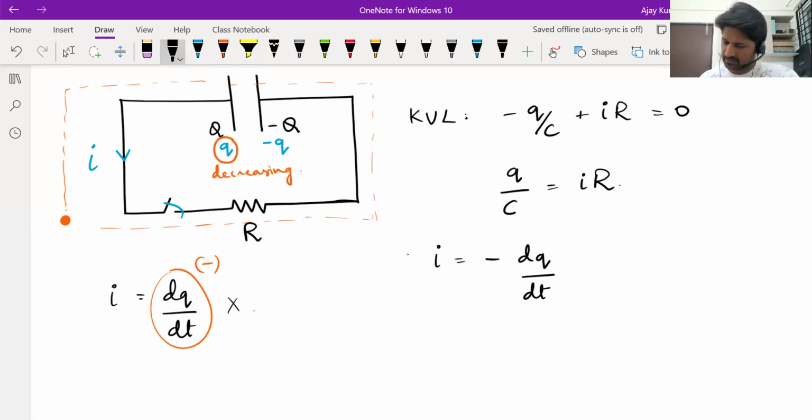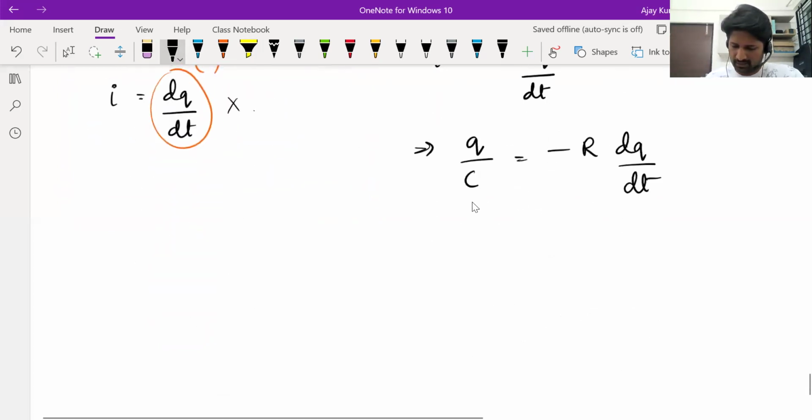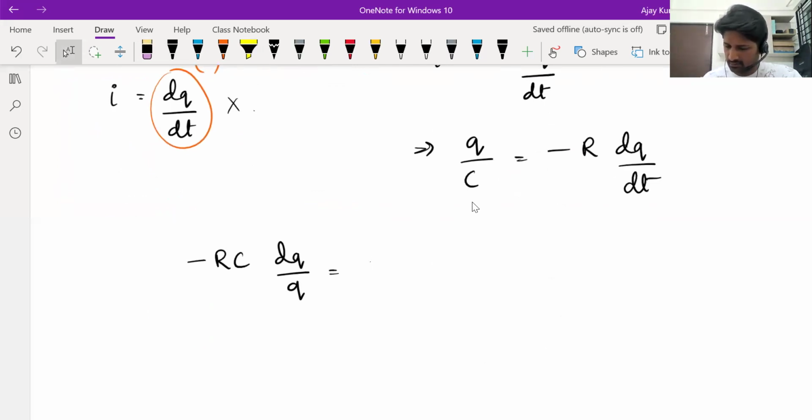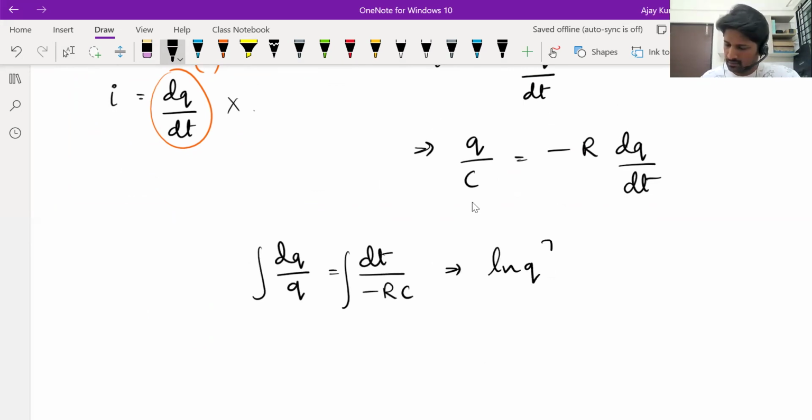So just make that adjustment here. So you get Q by C is equal to minus R dq by dt. And then keep the Q terms on one side, t terms on the other side. You get minus RC dq by Q is equal to dt, or you can send the minus RC to that side. Integrate both sides. Integral dq by Q is ln Q. Limits: initial charge to charge at a random time t is equal to, this becomes minus t by RC,